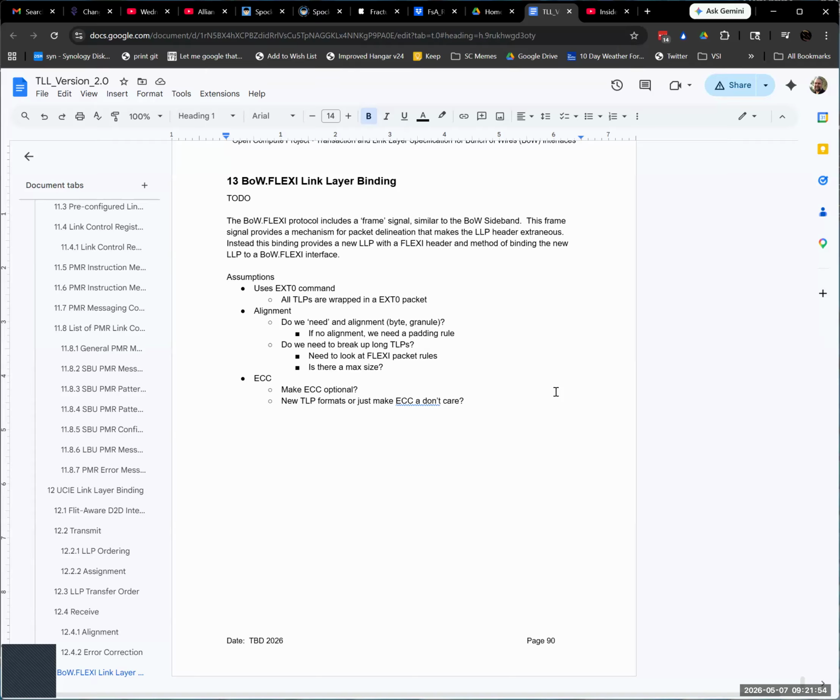I took a look at the one a couple of weeks ago, but haven't had a chance to look at the newest one. I owe Morgan some text around how we plan on mapping the transaction layer to Flexi, so I'll probably work on that now, so I can get him something before his meeting this afternoon.